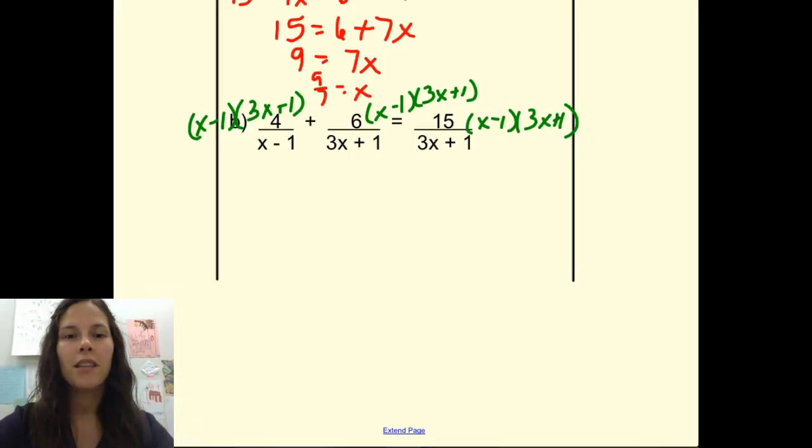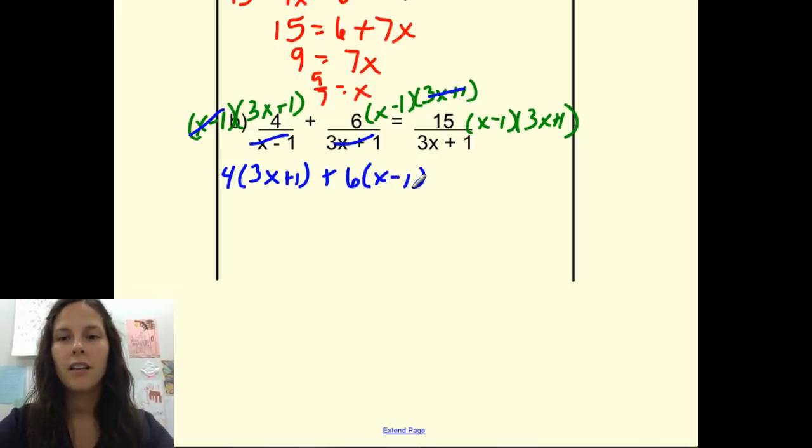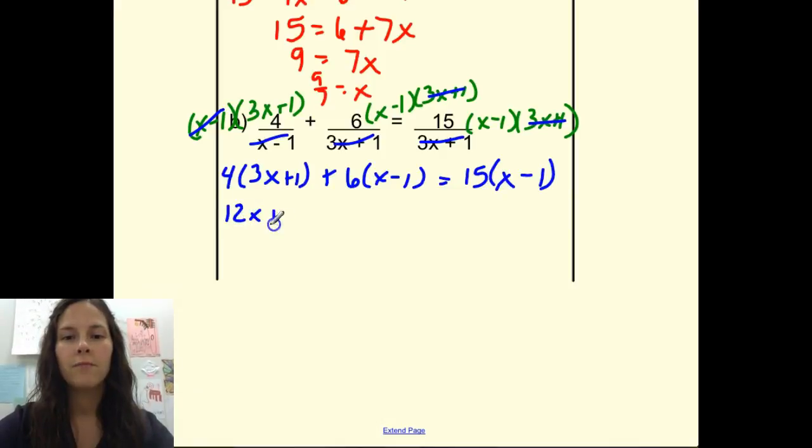For our first term, the x minus 1's will cancel, leaving us with 4 times the quantity 3x plus 1. Our 3x plus 1's will cancel, leaving us with 6 times the quantity x minus 1. And on the other side of the equal sign, our 3x plus 1's cancel, leaving us with 15 times the quantity x minus 1. Again, we have a linear equation, so we're going to distribute first, distributing our 6,